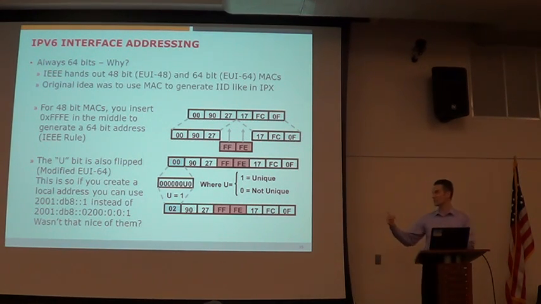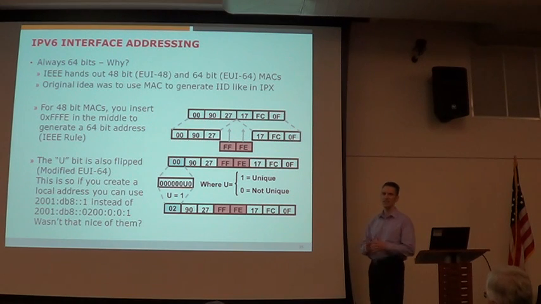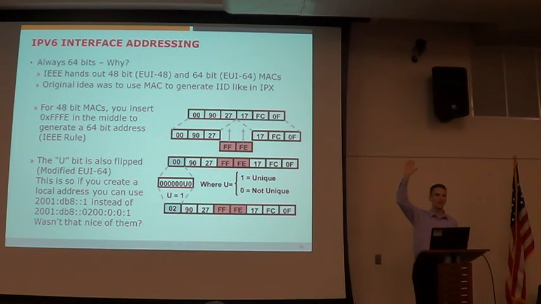So again, I didn't explicitly put this, but IPv6 is a 128-bit address. Half is the network, or the prefix, which is basically how I get to you, and then the second half is the interface ID. It's always like that. So the idea is, how many people like subnetting in IPv4?